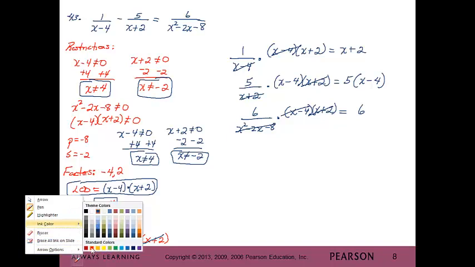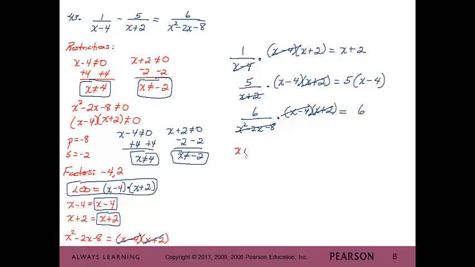And our equation will become x plus 2 minus 5 times x minus 4 equals 6. So then we can distribute the negative 5 on the inside, and we have x plus 2 minus 5x plus 20 equals 6. Combine our like terms together. So we'll have negative 4x plus 22 equals 6. We can subtract 22 on both sides,